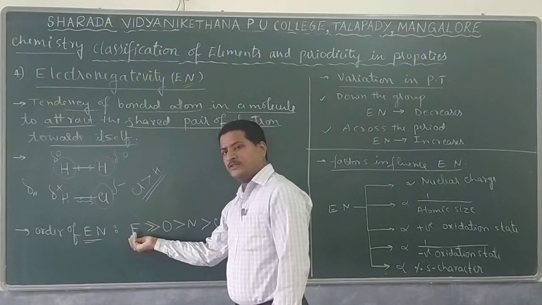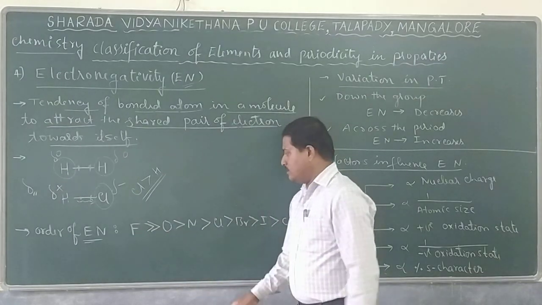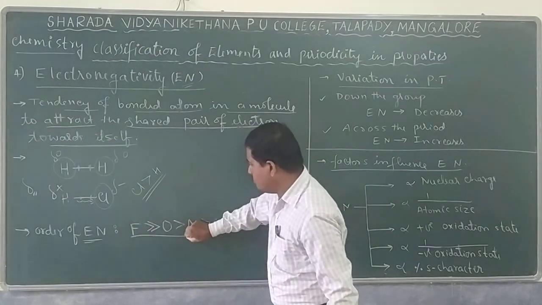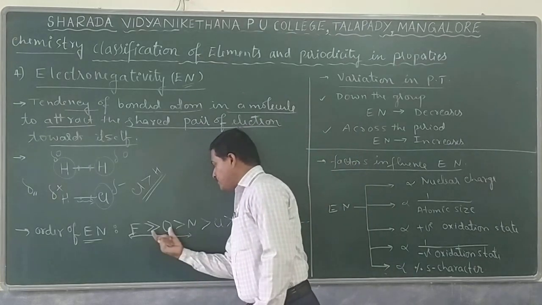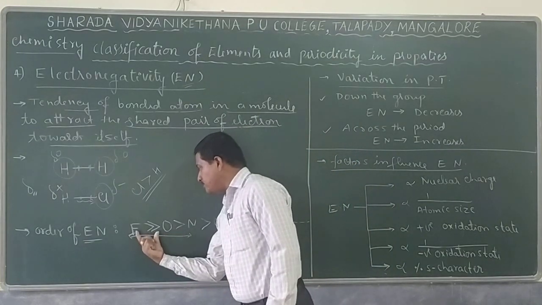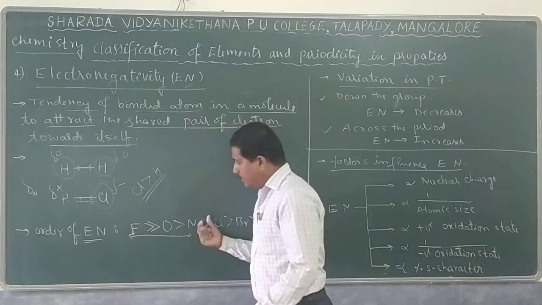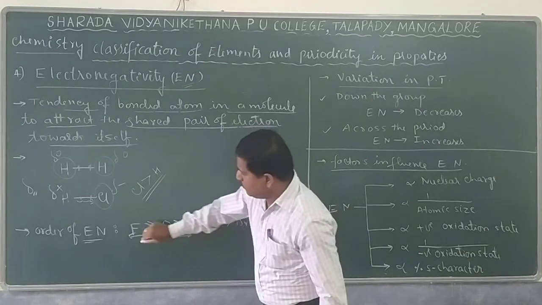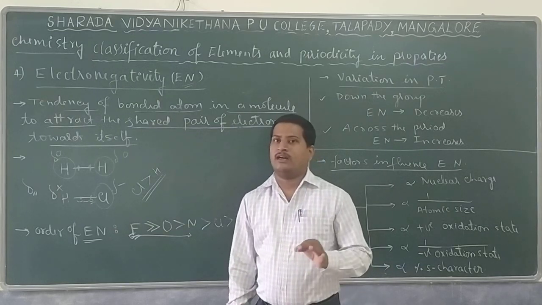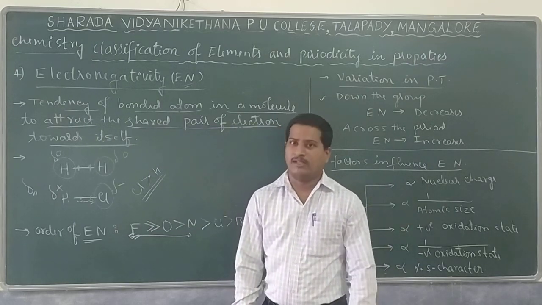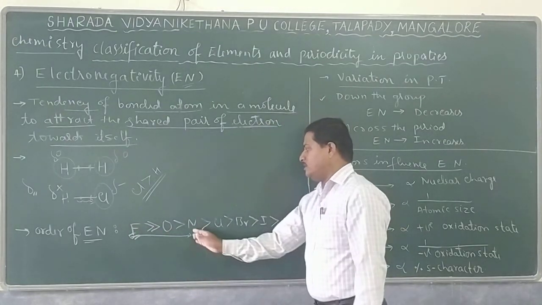Fluorine always shows higher electronegativity than oxygen. After the oxygen, then nitrogen. And these three show maximum electronegativity. Out of all the elements in the periodic table, these three elements, fluorine, oxygen and nitrogen show high electronegativity values. Among them, fluorine shows the maximum. Fluorine is the highest electronegative element. If it is asked in an exam, which of the following is the highest electronegative element in the periodic table: fluorine, chlorine, oxygen, nitrogen, then which is the answer? Fluorine is highest. Okay.